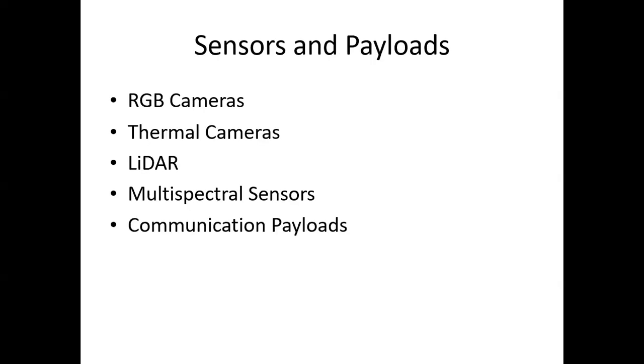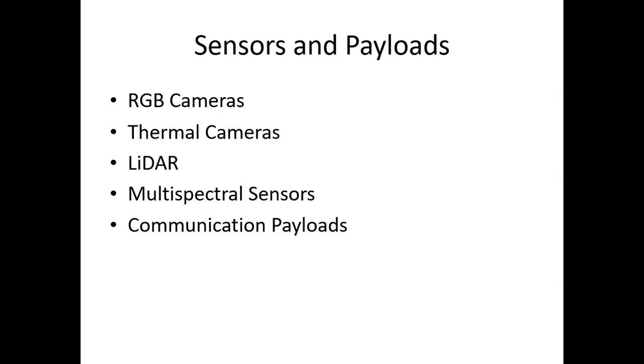Let us see few information about the types of sensors and the payload requirements in drone for disaster management. The effectiveness of drones is largely based on the sensor and payload it carries. RGB cameras provide high resolution visual images for mapping and inspection purposes. Thermal cameras detect temperature variations and are particularly useful in search and rescue missions,